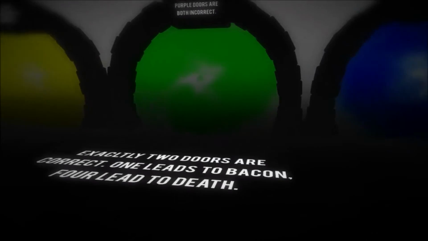So if yellow was, that would mean that one would be correct, which would mean green and red were both, so that would be correct. And then that one couldn't be correct, that one would have to be correct, and that one could not be correct. So it literally can't be these first 3. Bacon cannot be in these first 3 because that would make red correct.